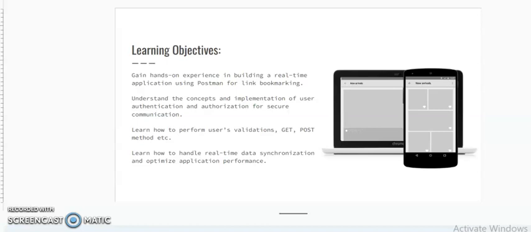One of the learning objectives is also to gain hands-on experience in building a real-time application using Postman for link bookmarking, understanding the concepts and implementation of user authentication and authorization for secure communication, and also learning how to perform user validation,